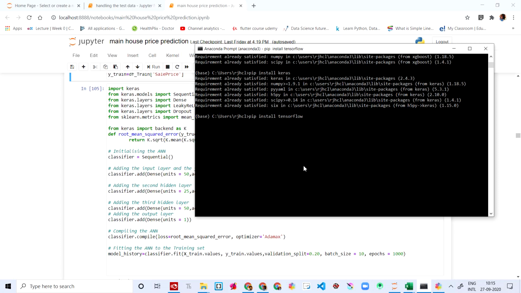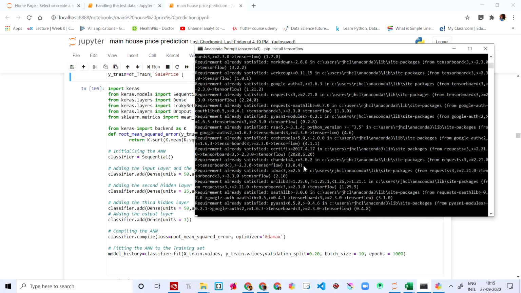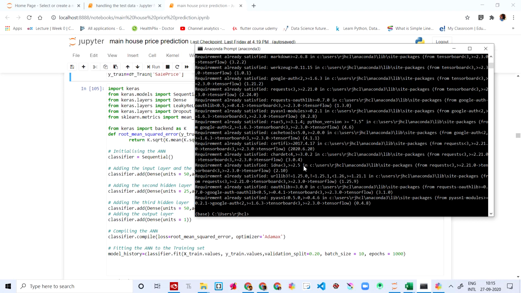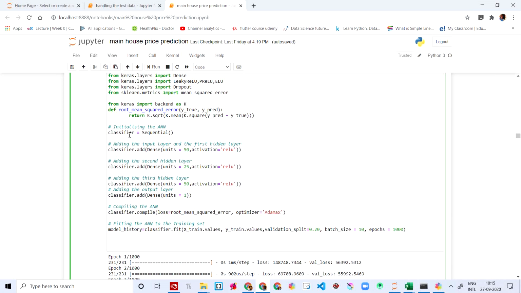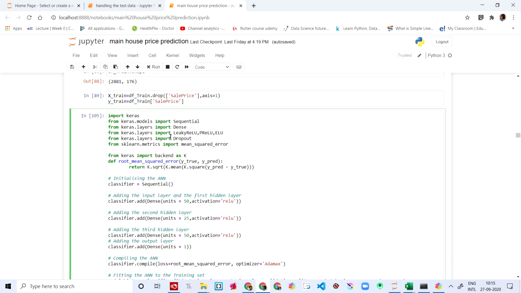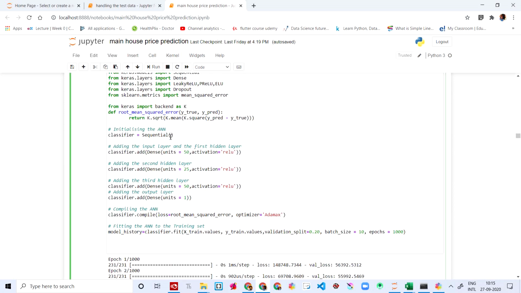For me, that is also installed. Yeah, and now we have it. We are gonna say that classifier is equal to Sequential. We have imported the required libraries.